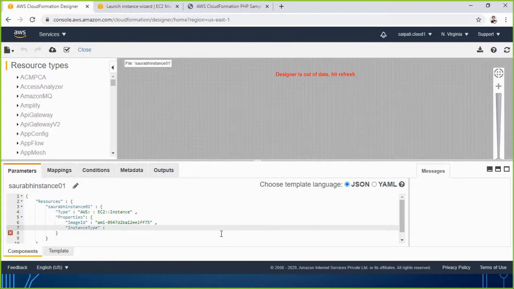Now what instance type do you want to use? So maybe I want to go with the t2.micro. So I say t2.micro. That's the instance type I want to use. Then one more important thing is now